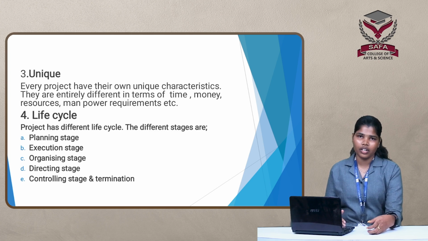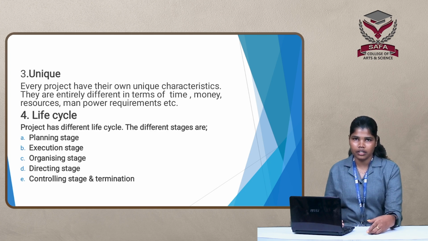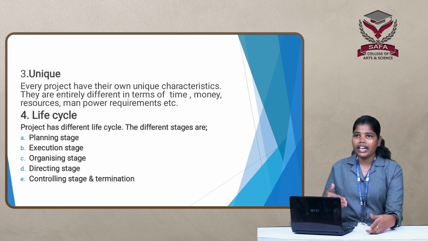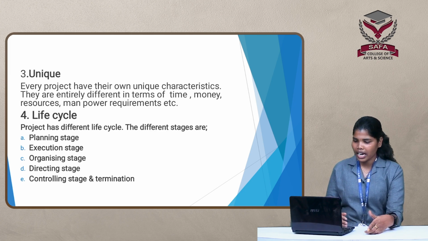And next one is controlling stage. Controlling means a comparison between actual performance of the project and the standard performance of the project. That is checking any deviation between actual and standard performance, and also taking corrective actions. That is known as controlling stage. And the last and final life cycle stage is termination stage. Termination means after attaining the target objectives, the project is automatically cancelled. So this is about life cycle.